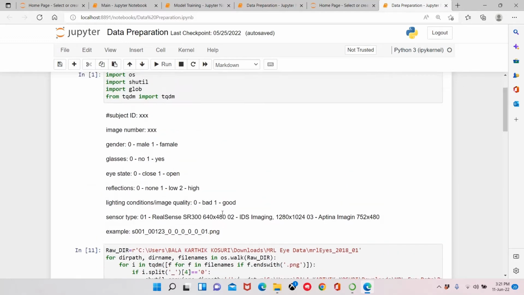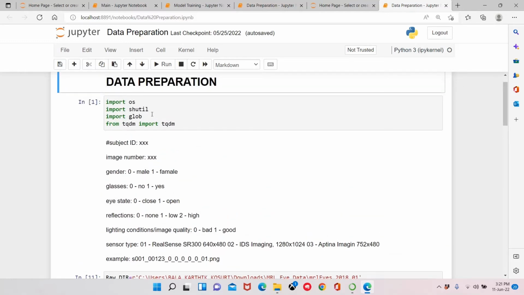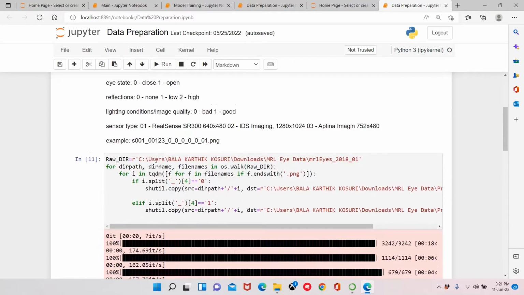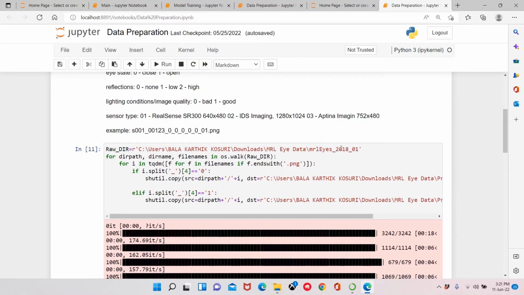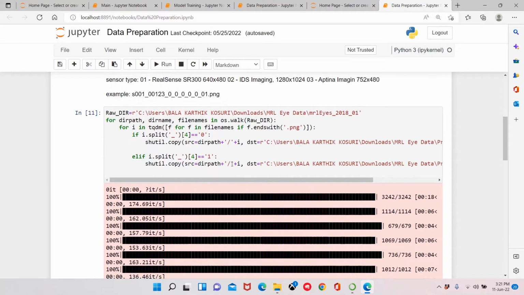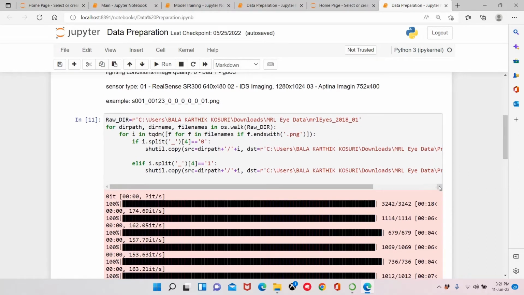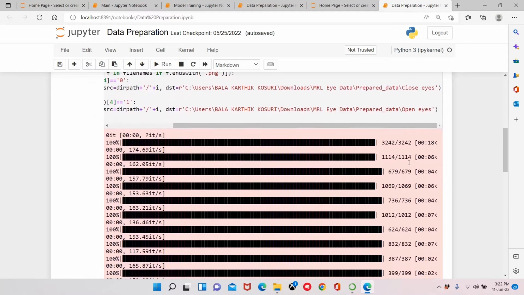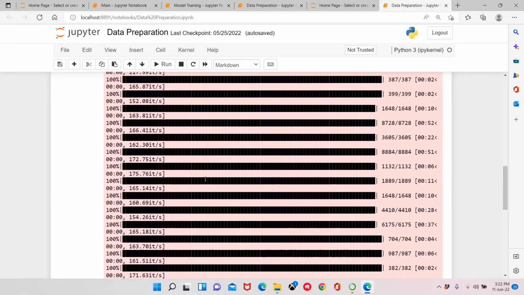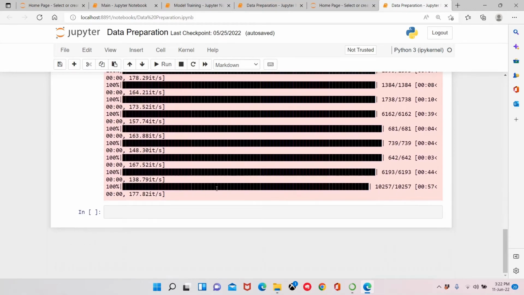Now here, initially we have to import our libraries, and we have to give the directory of our dataset, the MRL dataset, and we have to split the datasets into open eyes and closed eyes datasets. For open eyes we have given the directory, and also for closed eyes we have given the directory, and we have run it and split it. These 37 records are split into 37 open eyes folders and 37 closed eyes folders.